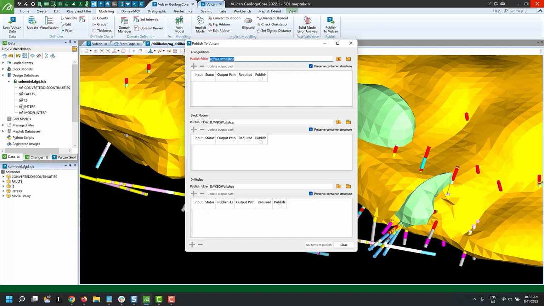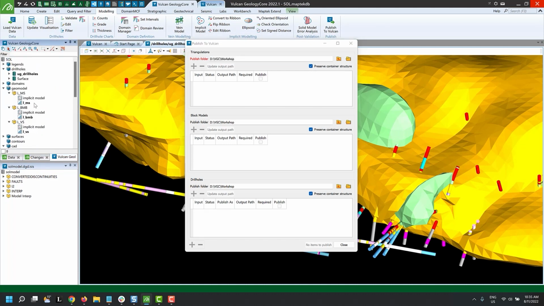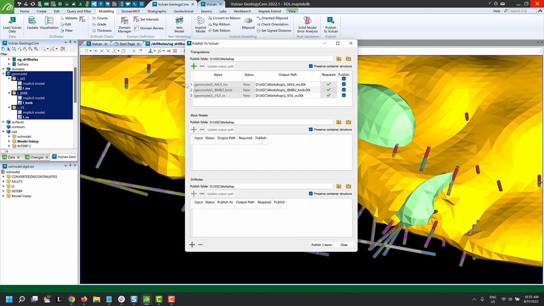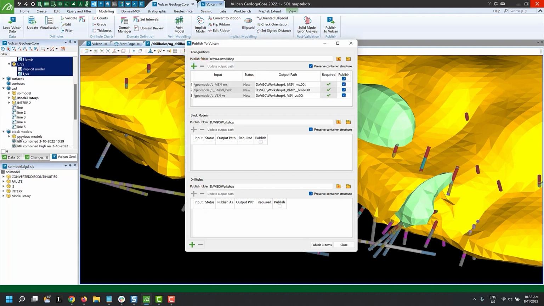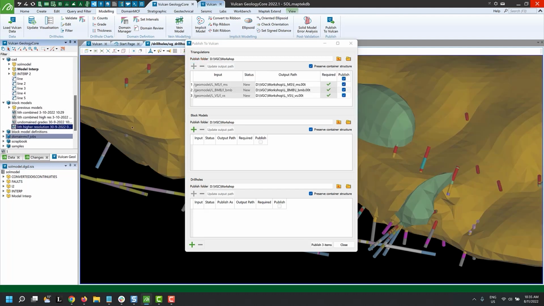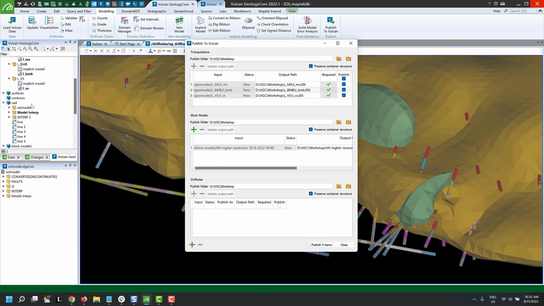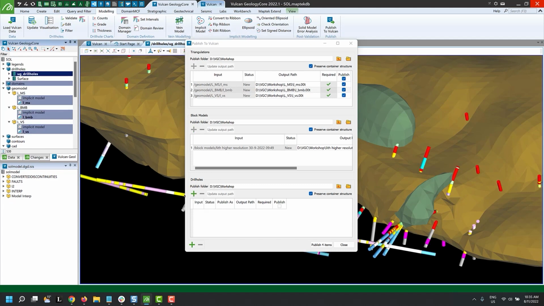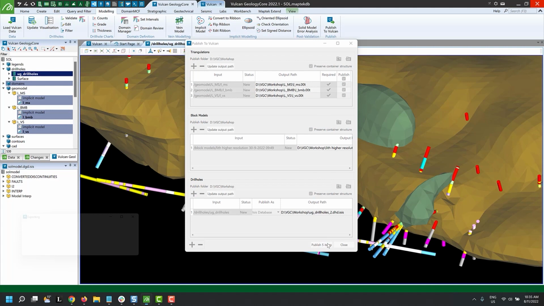We can select an entire folder of triangulations, any number of block models, and any updates to your drilling database that may have occurred using your domain manager or other editing tools in Vulcan GeologyCore. Not only can we publish all of these files to unique locations in a single go,